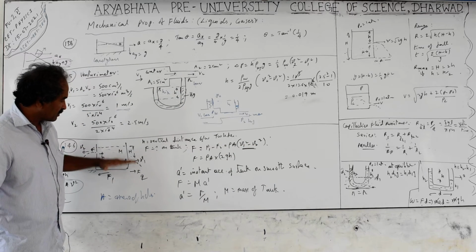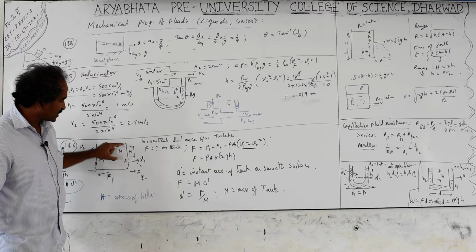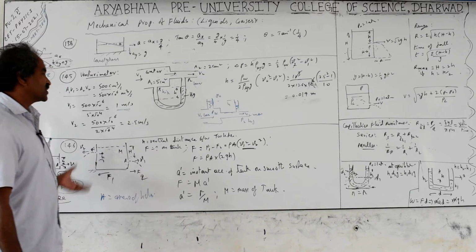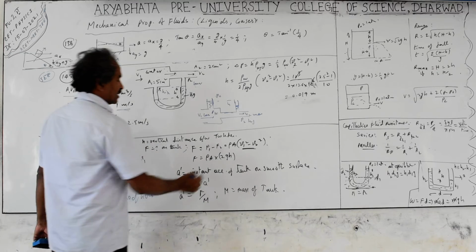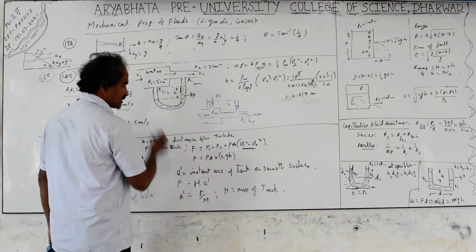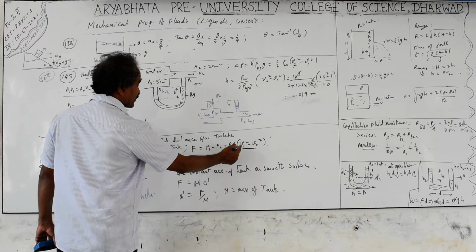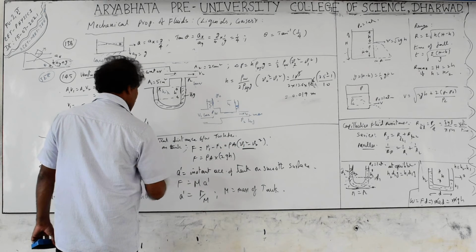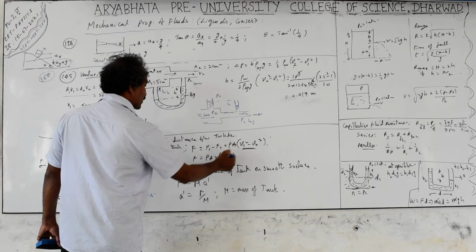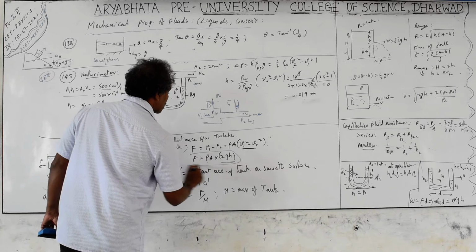The hole which is at more depth from the water surface has more velocity. More velocity means you can get more force. If h is less, the force is less and the velocity is less. Substituting these values, you will get rho A V square equal to the 2gh term. You will get this formula; you need to remember it.